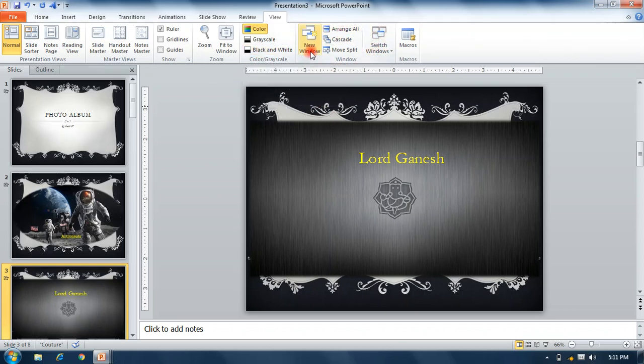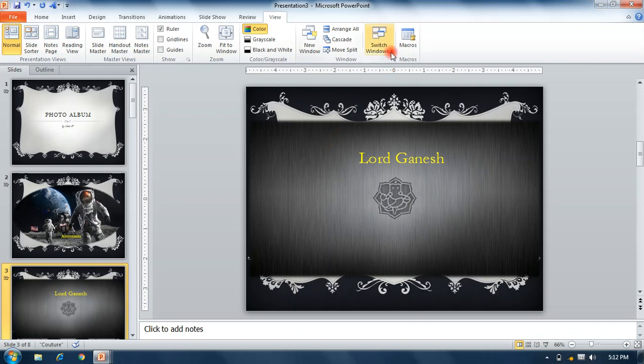Okay, New Window opens a new window alongside the current window. Arrange All, we can arrange our program windows side by side or cascade.